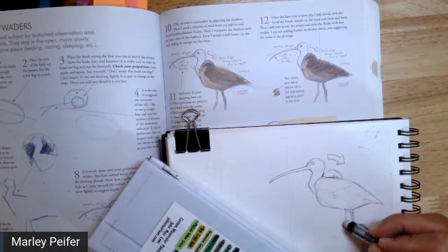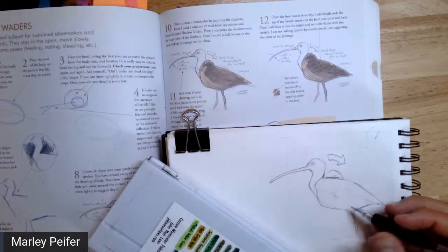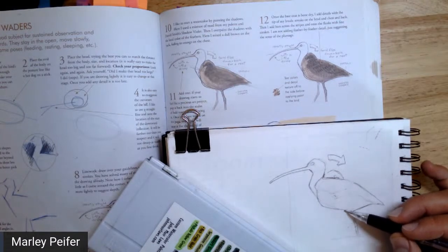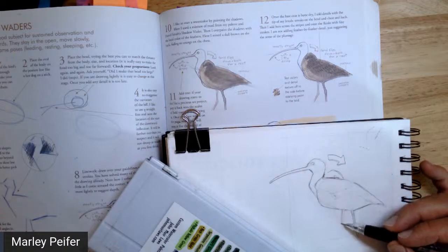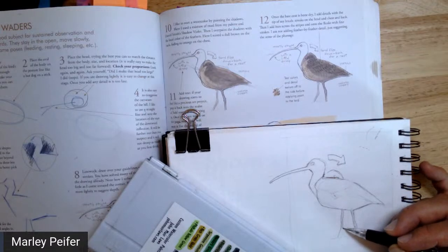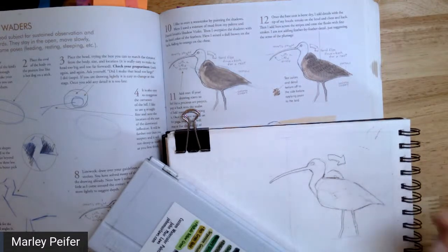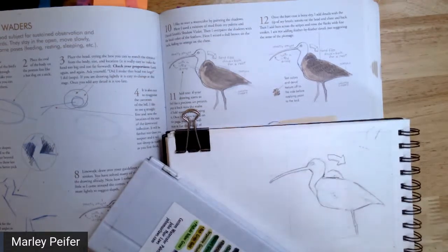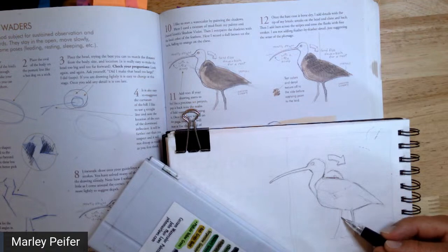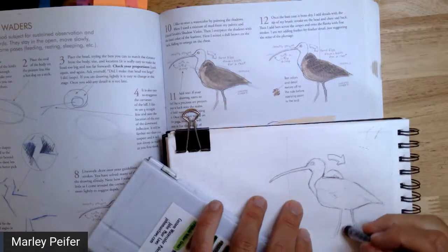So I'm going to adjust that leg, because even though you might not notice that, part of your brain is registering that as inaccurate or unconvincing, because that part of your brain realizes what would be required for balancing that bird. So I'm going to adjust that. My line work is coming out really bad today. My hand's kind of shaky. I think that's probably a little more balanced. Here, let me try again. Okay, maybe that's too far forward now, but at least it's